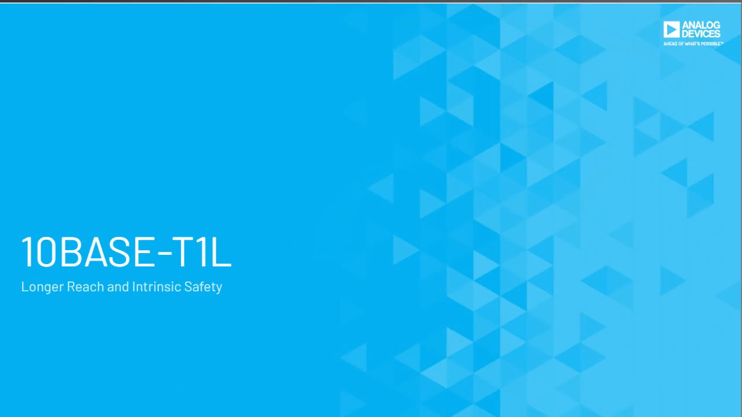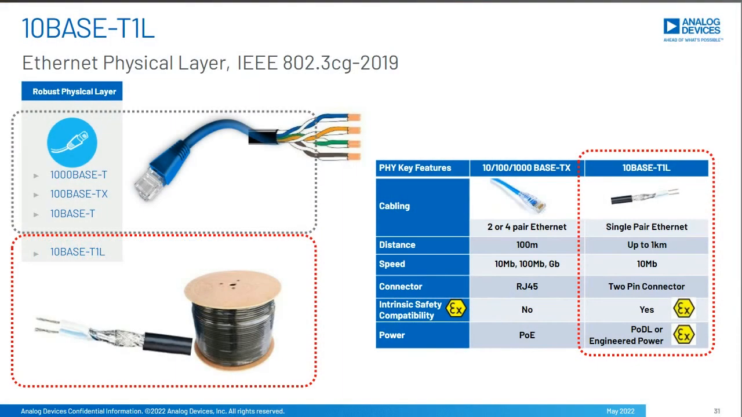So the first technology I'm going to talk about is 10BASE-T1L. Now, what is 10BASE-T1L? Well, 10BASE-T1L is the standard that defines the Ethernet physical layer that enables the communication over a single twisted pair of cables of up to 1 kilometer at 10 megabit per second data rates. So being single twisted pair could potentially enable using the existing cable infrastructure, which otherwise would require costly investment in